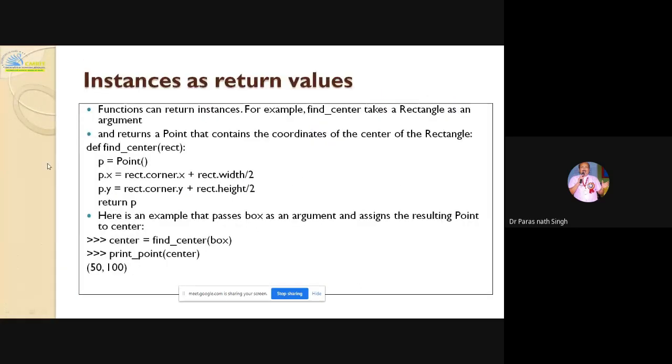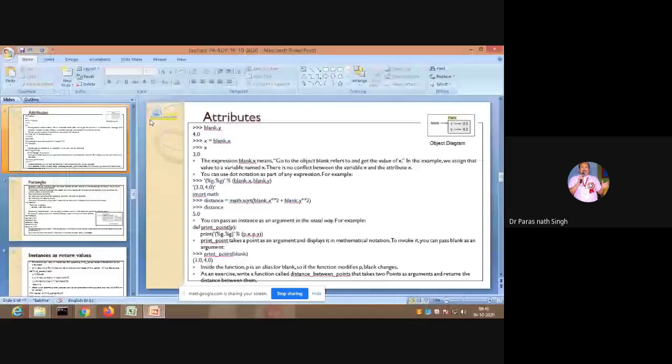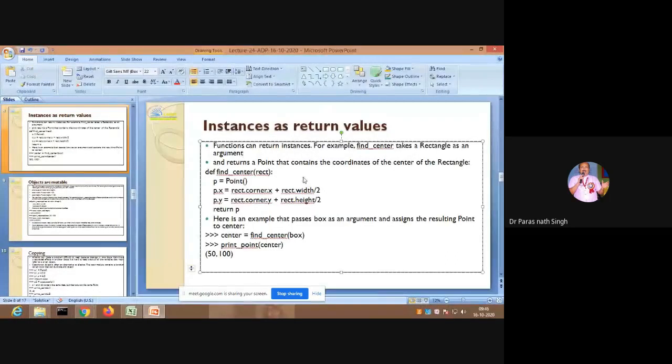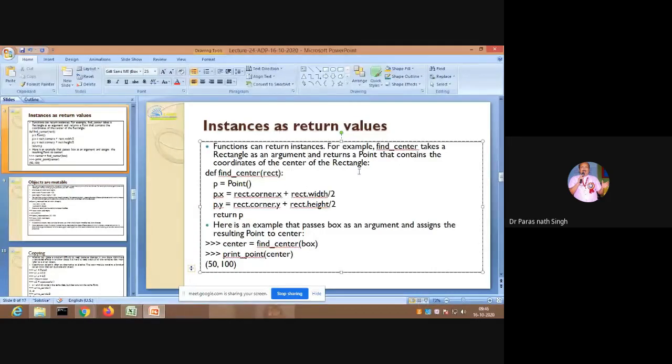Instances as return value. Yes, a function can return instances. So find_center takes a rectangle as an argument and returns a point that contains the coordinates of the center of the rectangle. Here the function is written: find_center, p equal to Point.